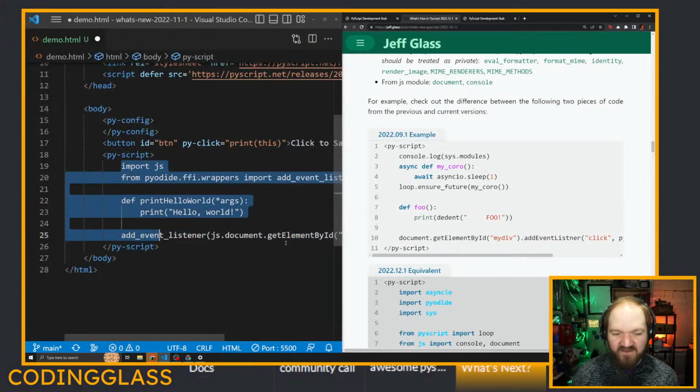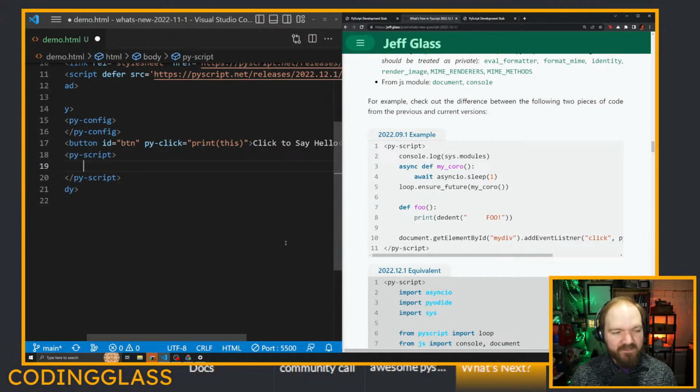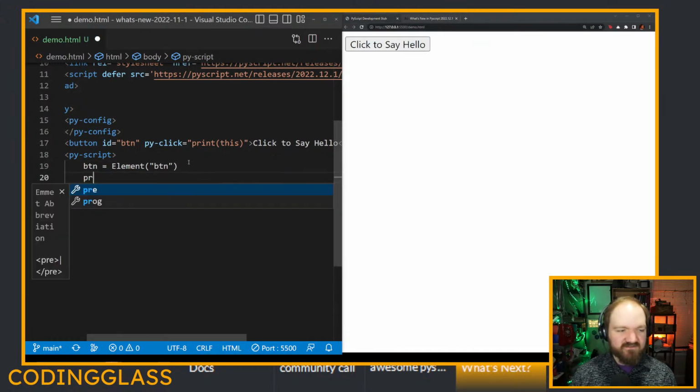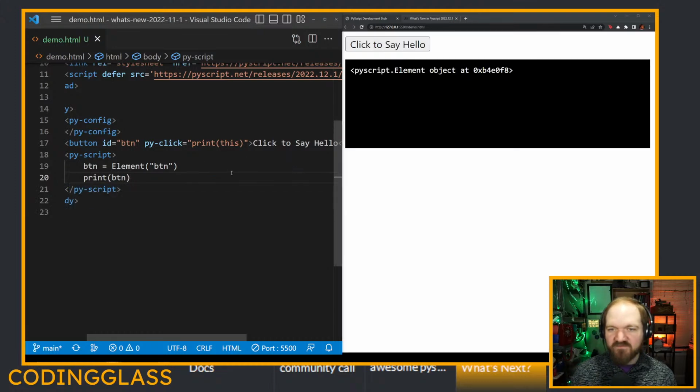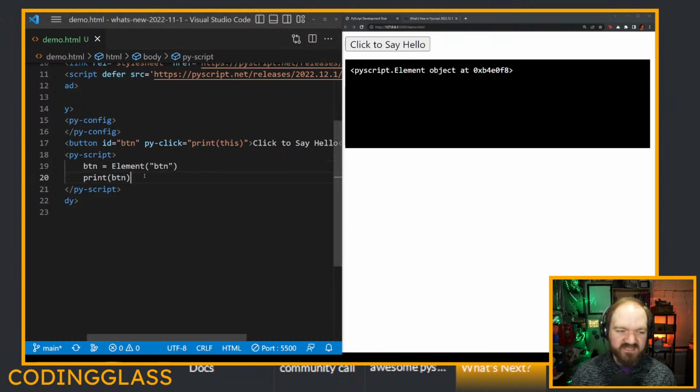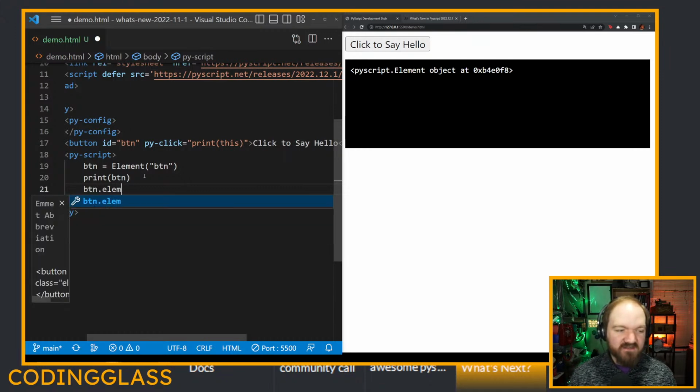here, I'll show, I don't have to say it out loud. I can show you. I can say, let's see, button equals element button, right? Was going to get the element with ID button. But if I wanted to access, so you can see I say my element object at this point in memory when I print it out. But if I wanted to change some property of it, actually I should do button.element here, let's do print